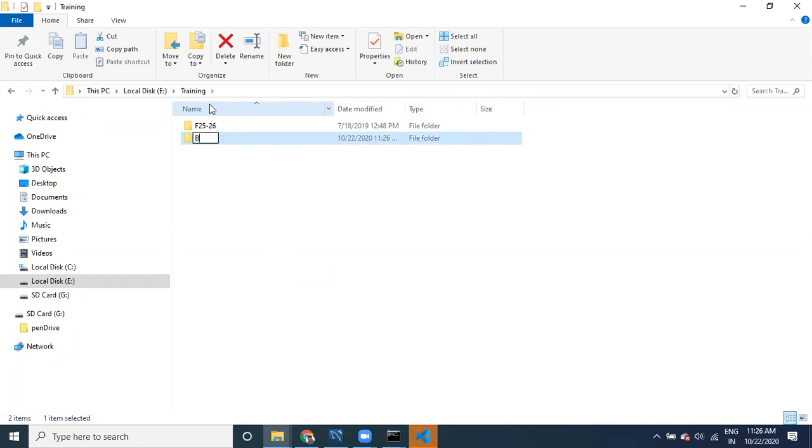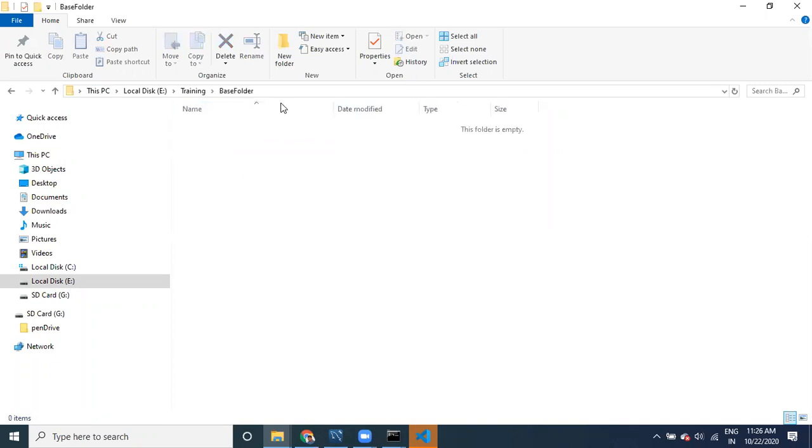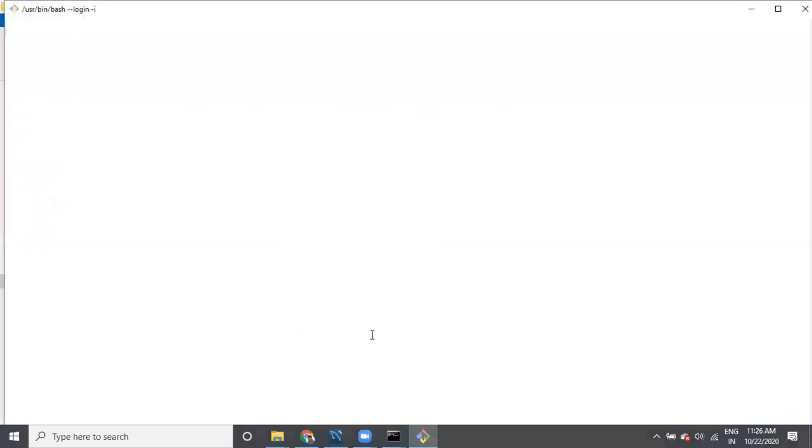I'm going to create a base folder. Here I have created some folder; whatever you want, you can do. Here I will say git bash here. This is where you have to do it.